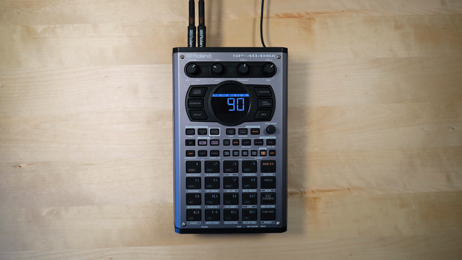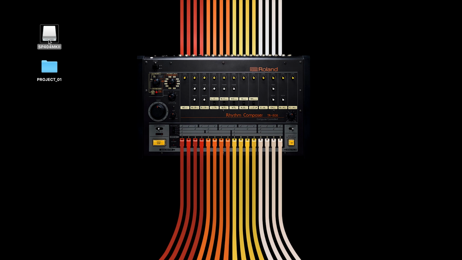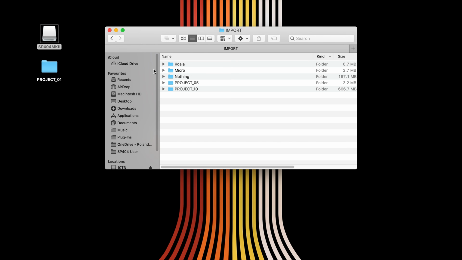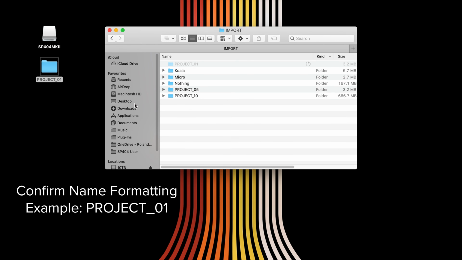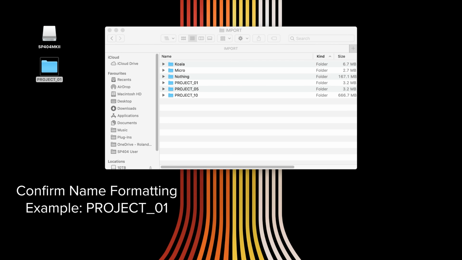You can now import project files directly from your SD card. To do this, drop a project folder into your Import folder on your SD card. It must be named in the correct format. For example, all capitals,